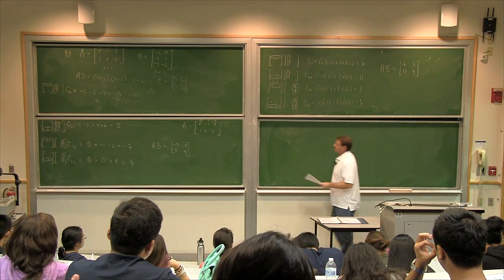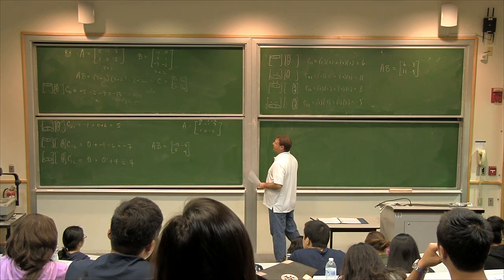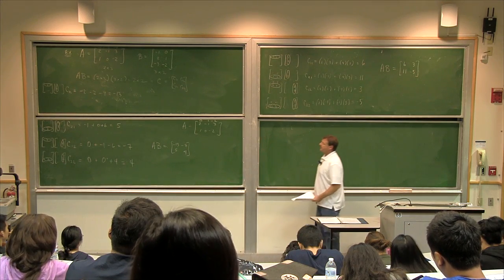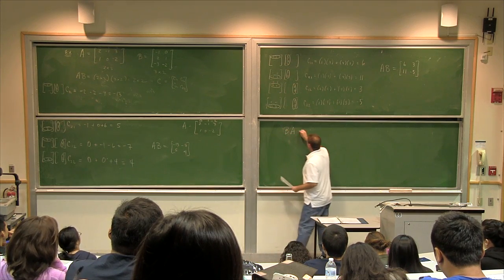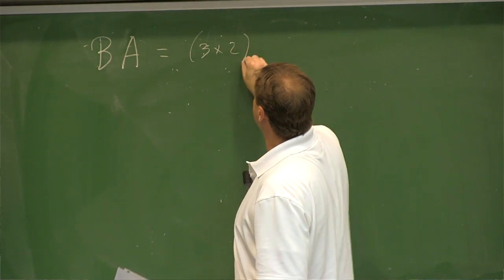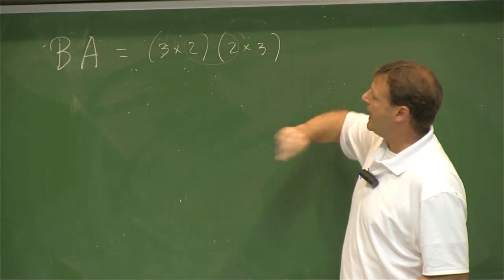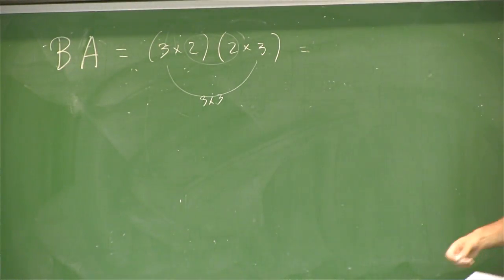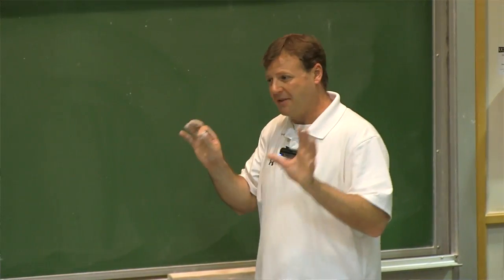All right, so let's turn this on its head. Now we're going to do a little bit more of an advanced one, but I'm not going to write out all the different steps because it just gets a little ridiculous. If I switch the order here and we now do BA, B is a 3 by 2, and A is a 2 by 3. So I can do that multiplication because they match, and the result is going to be a 3 by 3. That's got 9 entries, and I don't want to sit there and write out all the 9 entries. So hopefully we've watched it a little bit so we can see the method. Now we'll practice it